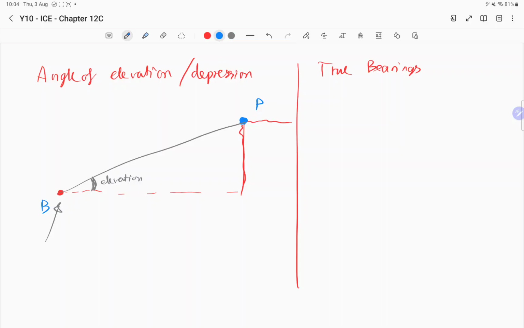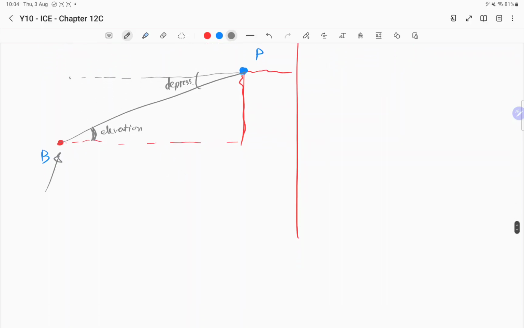And then from the point of interest here, let's say a person of interest, if they're standing at point P, in order to look at the point B here, they will need to look straight and then look down. So this is the angle of depression. But note that because these two angles are both made with horizontal lines,